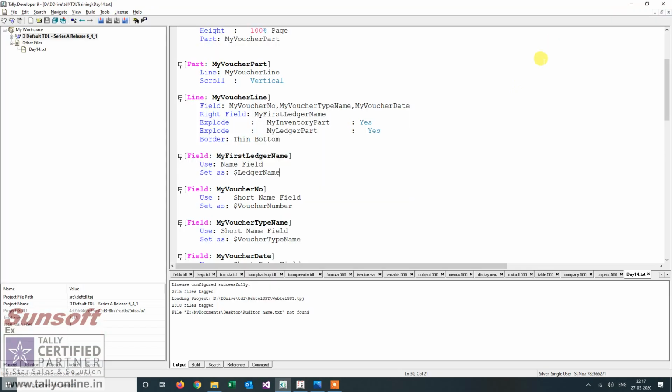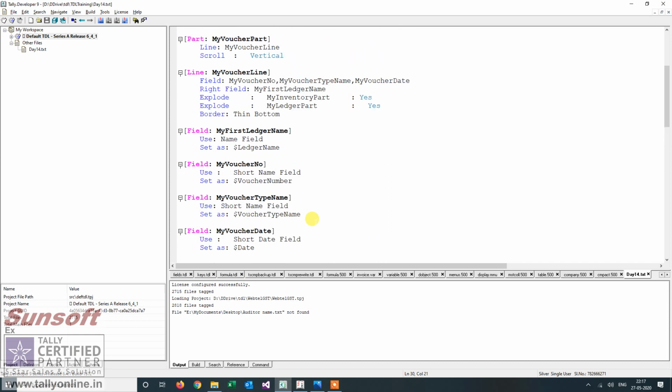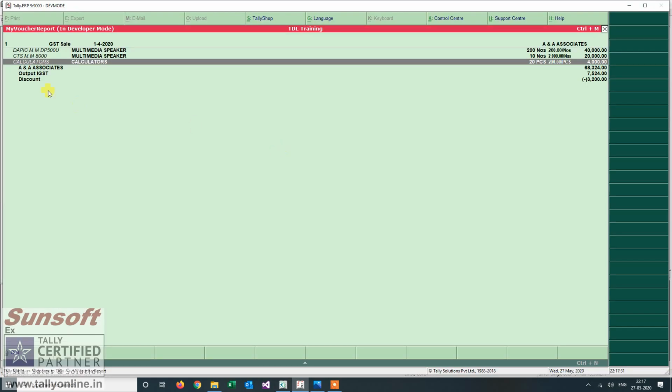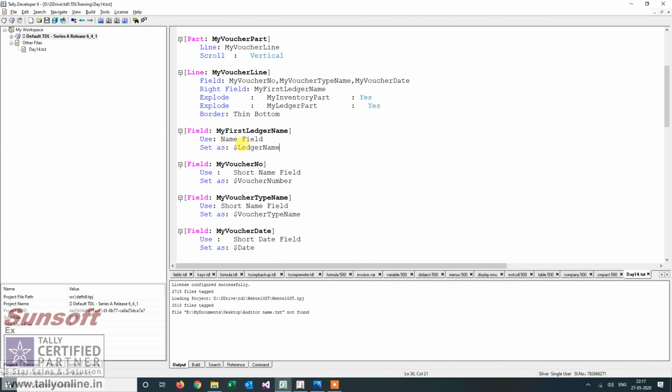Now how am I getting it here, since my context is at the voucher level, and I am accessing something from the ledger entries? By default, if there is a sub collection and I use any method which is there in the sub collection, the first entry will be picked up. In this case, A&A Associates was the first, so I got it.